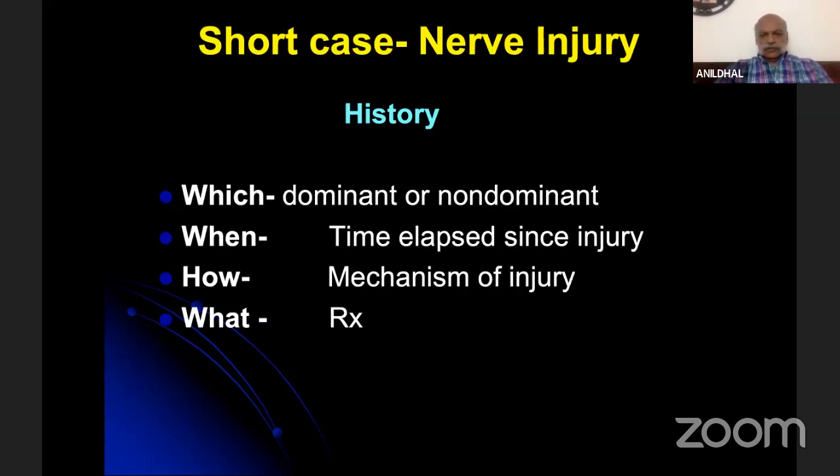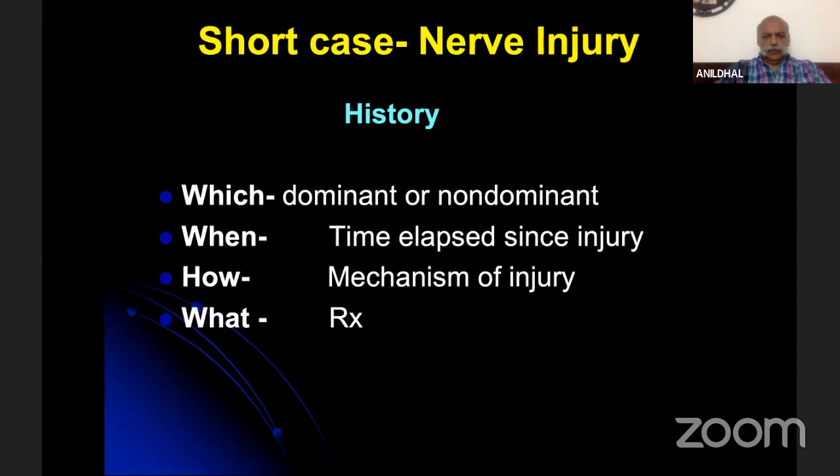Well, being a short case, you will agree with me that the time at hand in the examination is barely 10 minutes. And in these 10 minutes, you have to do a lot of groundwork to be able to present your nerve injury case adequately. So we always insist that history should not be very elaborate as far as a short case is concerned, but I have listed these 4 points as the most pertinent questions to be asked in history, or to elicit history